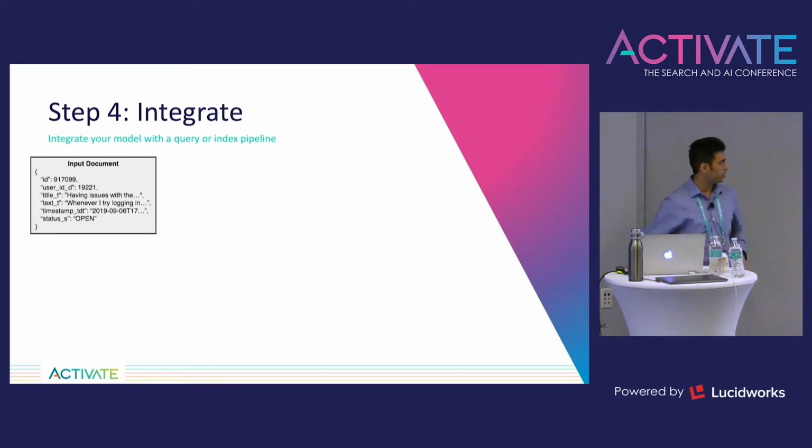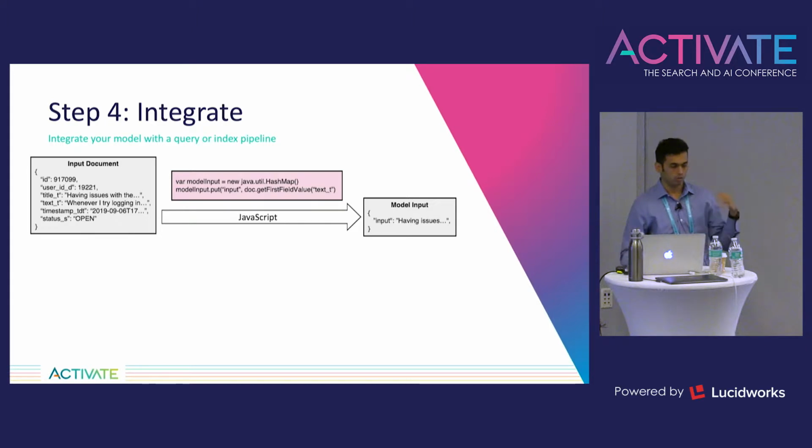Let's take an example of the document here. We have a document which has a few fields: the user ID, title, text, etc. This document is going to flow through your index pipeline through the JavaScript stages. In the JavaScript stage, you create a hash map, and then you pass in document.get first field value, the text field. So this text part that you see here is going to be stored in the model input, as in that hash map as input,